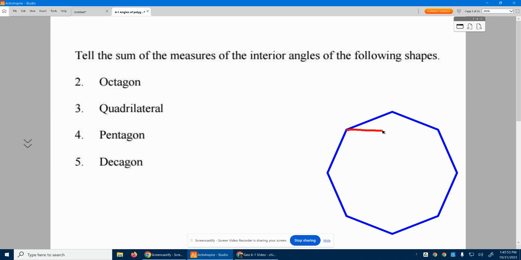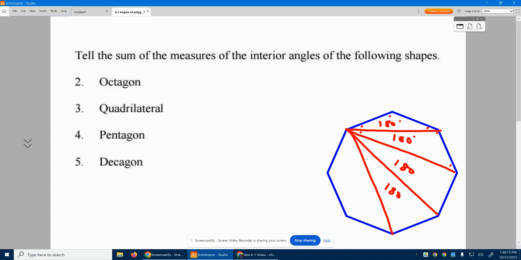If I draw a line from here across, I've created a triangle, and all three angles here add up to 180 degrees. And I can go from that same vertex over to here, and now that angle, that remaining bit of that angle, and there add up to 180. And I can do this all the way across, and so those would be another 180. Down here would be another 180, and finally, you would have 180 here and 180 here. So when it's an 8-sided shape, an octagon, you'd have 1, 2, 3, 4, 5, 6 triangles